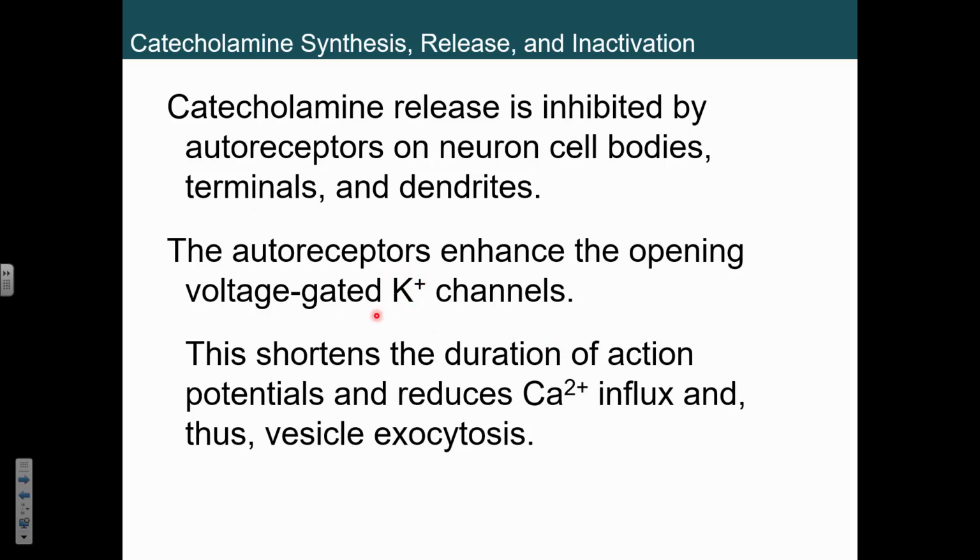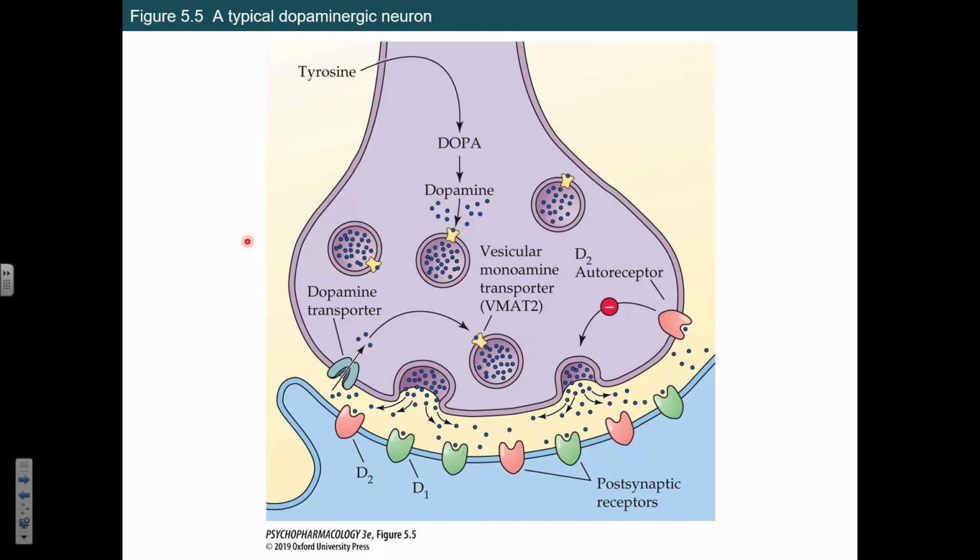They actually start opening potassium channels. That's probably more than you want to know, but the reason it opens potassium channels is so it can leak out more potassium, so the inside of the cell is going to become more negative, and it's actually going to stop firing. So that's kind of fun. It also screws around with calcium influx. Calcium influx is necessary to release vesicles, right? And if you stop the influx of calcium, then you're not going to be releasing your vesicles as much. So that's exciting.